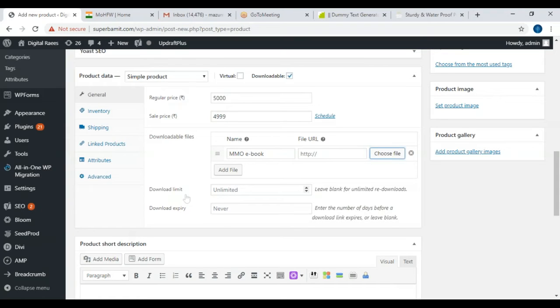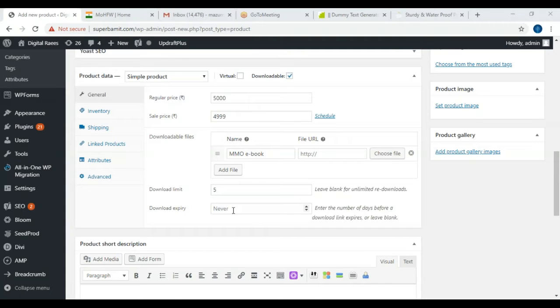Do you want to give any download limit? If yes, say this person who has purchased my product can download only 5 times. First time he has downloaded, deleted, again downloaded, deleted. Third time he went to some other place, wanted to access from here, so he has downloaded again. Like this, he can download a maximum of 5 times. If the sixth time he tries to access this link, he will get a message that your download limit has been exhausted. So he has to purchase the product again.